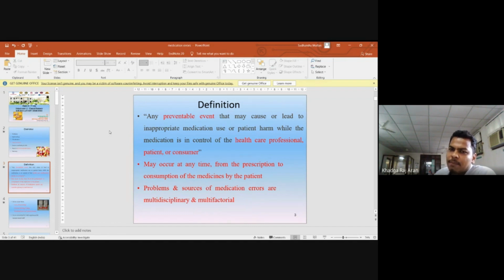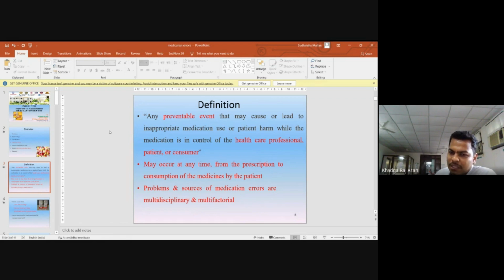that may lead to inappropriate medication use or patient harm when the medication is in control of the healthcare professional, a patient or consumers. These medication errors may occur at any time from the prescription to the administration of the medicines or drugs by the patient. So the problems and sources of medication errors are multidisciplinary and multifactorial, that is depending on the patient,